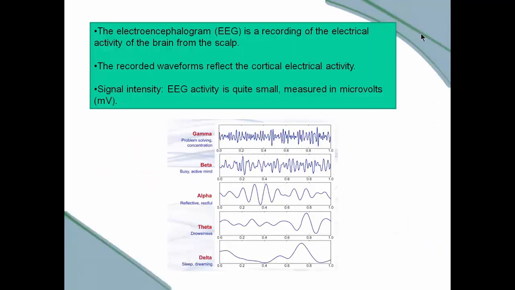So the electroencephalograph, as we know now, records the electrical activity of our brain from the scalp. And the recorded waveforms reflect the cortical electrical activity. Now,